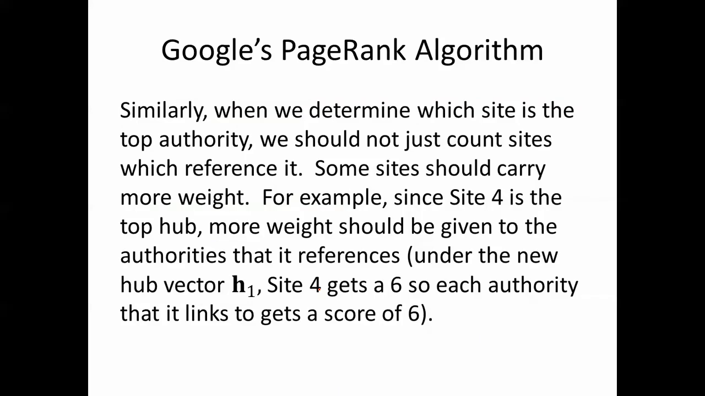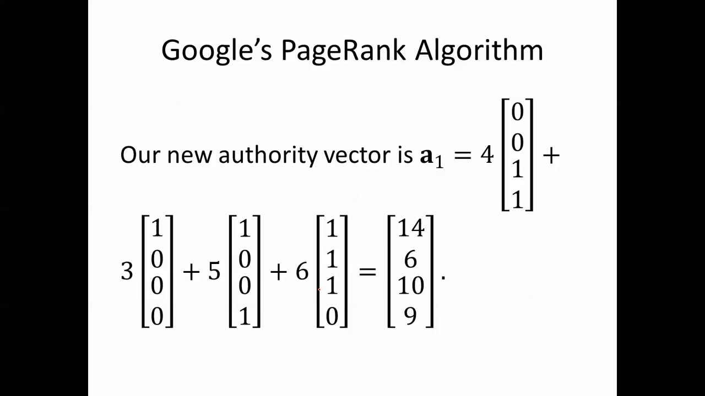Again, we're ranking authorities, and what matters is who regards you as authority. Since 4 is the mother of all hub vectors, that one gets a 6. You get a score of 6 because you're the best hub. Okay, so our new authority vector A1 is going to equal 4 times this vector, 4 times this vector, 5 times this. Again, this is because